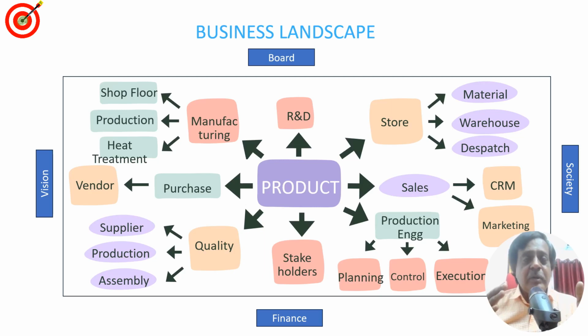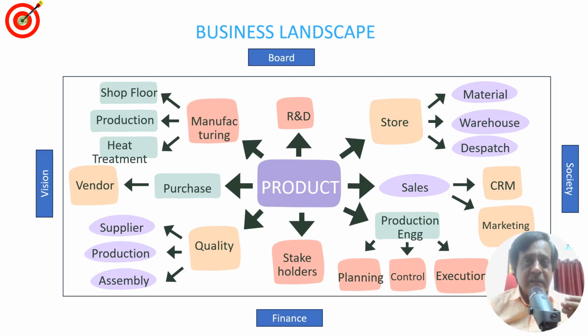And once you have the manufacturing shop floor, then you need to produce something, right? So there is a concept called production engineering, as people call it. It requires quite a lot of planning and control, and it requires execution, and it has to be done on a day-to-day basis. This includes the equipment you are going to use, the kind of raw materials,